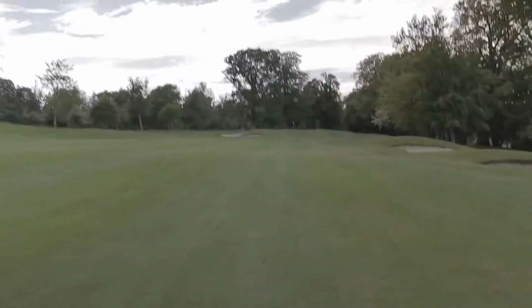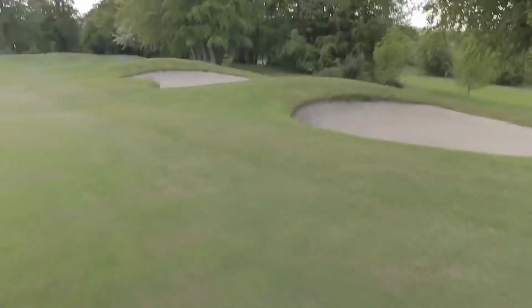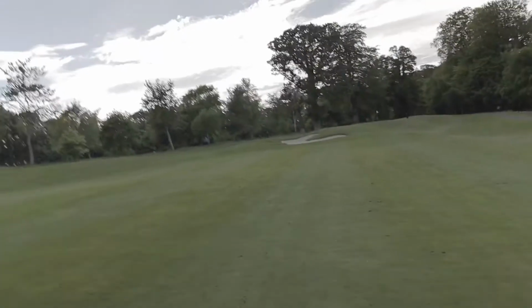So let's see where my drive ended up. As you can see, guys, hopefully you're picking this up on camera, fourth hole in the eastern Powerscourt, you have a couple of fairway bunkers here on the right, which really aren't in play. Then if you come around, you've got a steep slope on the left, making the fairway a bit of a funnel. And as we're coming up to my ball, to be honest, it was a pretty good drive. So I think I might start on this hole